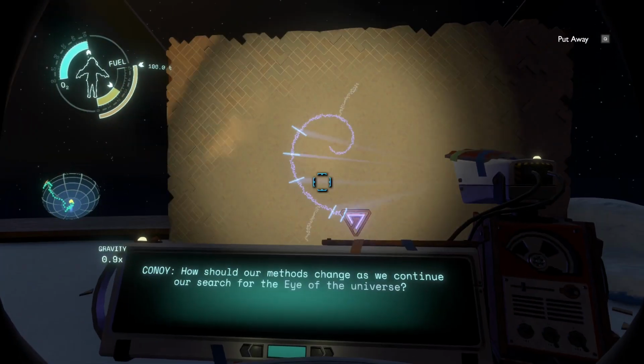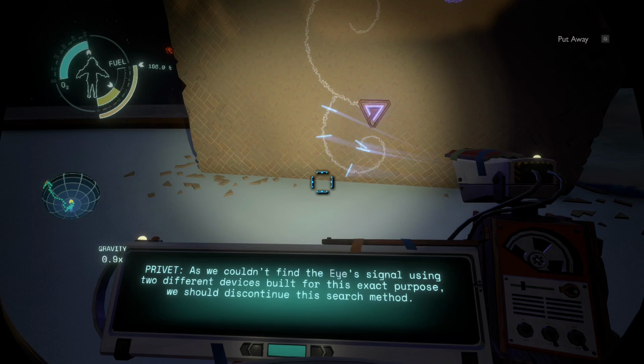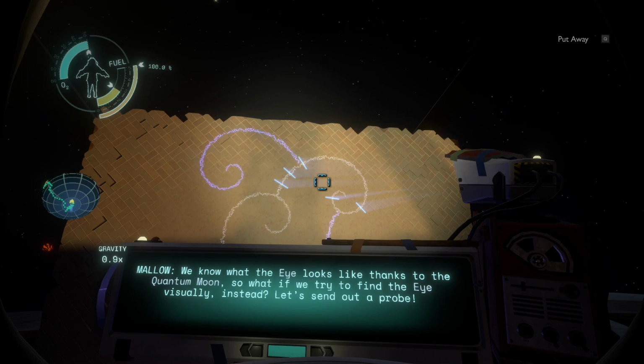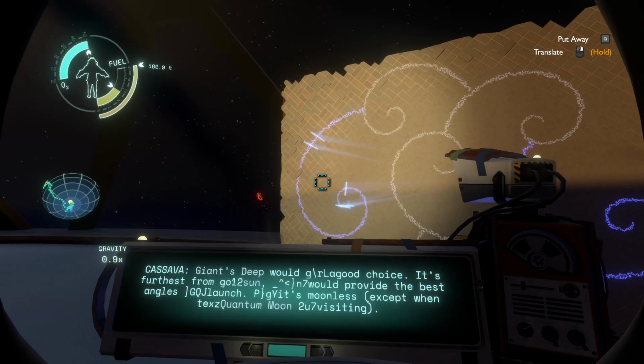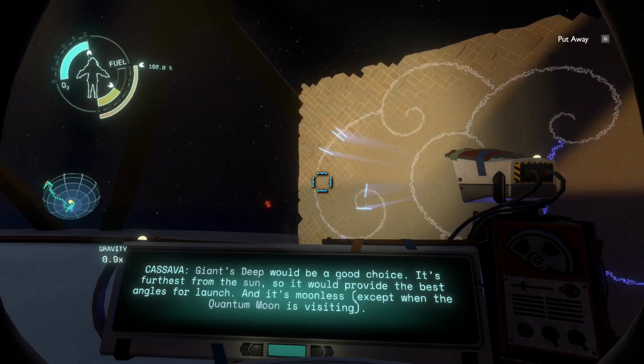Alright, looks like we got plenty of stuff to look at. How should our methods change as we continue our search for the eye of the universe? As we couldn't find the eye's signal using 2 different devices built for this exact purpose, we should discontinue this search method. Interesting. We know what the eye looks like thanks to the quantum moon. Oh? So what if we try to find the eye visually instead? Let's send out a probe. We'd need to build a probe launching mechanism to cover those long distances quickly. A cannon in orbit around a celestial body would circumvent the need to escape gravity's pull. Giant's Deep would be a good choice. It's furthest from the sun, so it would provide the best angles for launch, and it's moonless, except when a